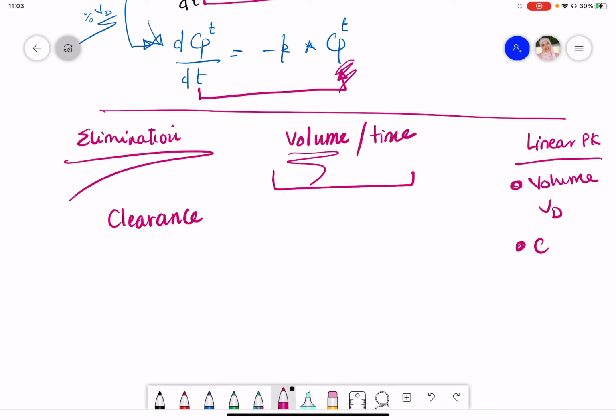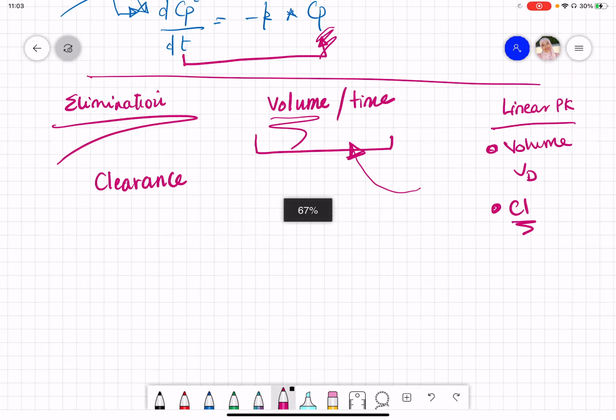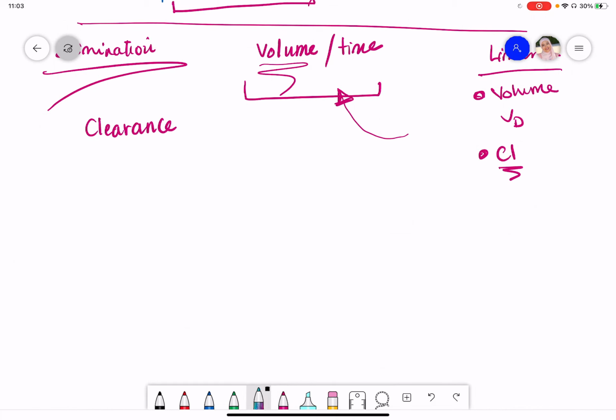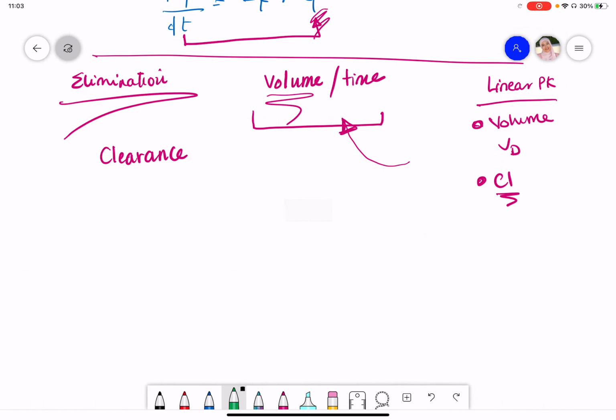And accordingly, the clearance is also constant because it's dealing with the volume of the biological fluid that has the measured drug in it over time. And again, just to make sure that we know this, both are constants so far under first order kinetics,